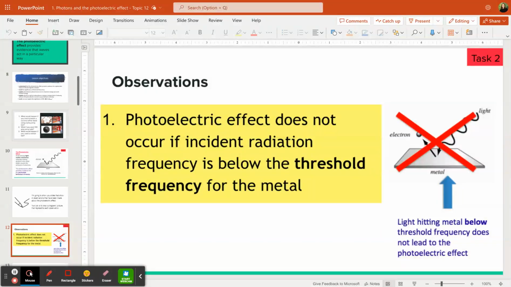I can send as much light as I want, crazy intensities, a load of energy, doesn't make a difference. I will not get electron emission unless the frequency of that light is meeting the minimum threshold frequency. Okay, that's observation number 1. Draw a picture to represent that for me. Pause me while you do it. And then once you hit play, I will scroll and show you what I drew to represent that.